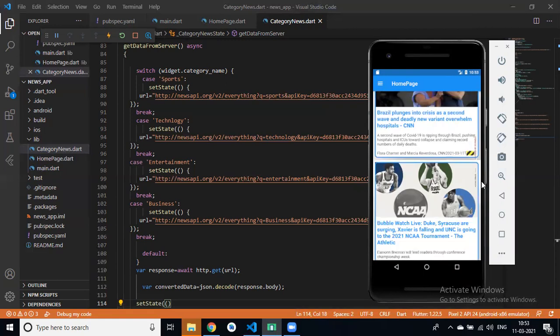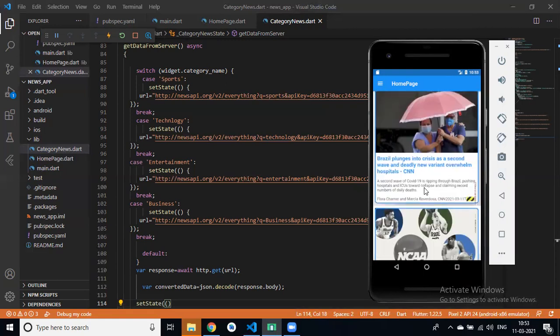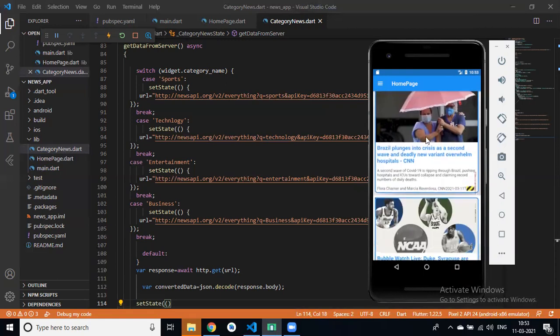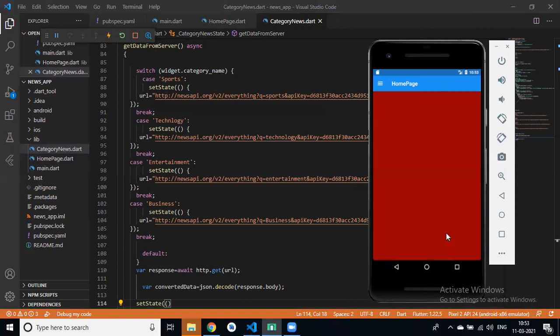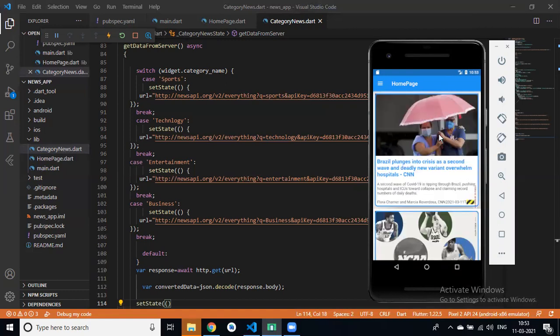So today your assignment is to please finish this news application completely. If I tap on this card, it opens a new screen. On that screen, that is our news details page, we will display the title, description, date, source name and all.